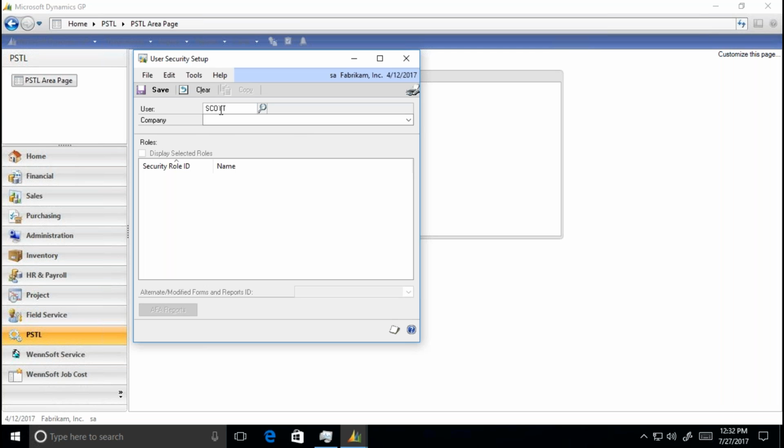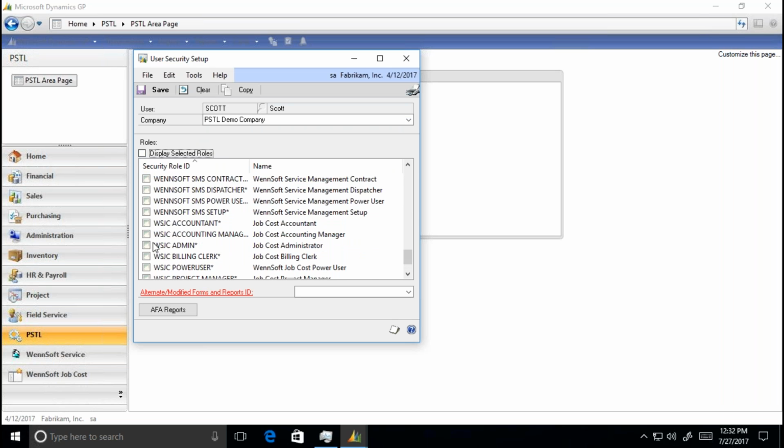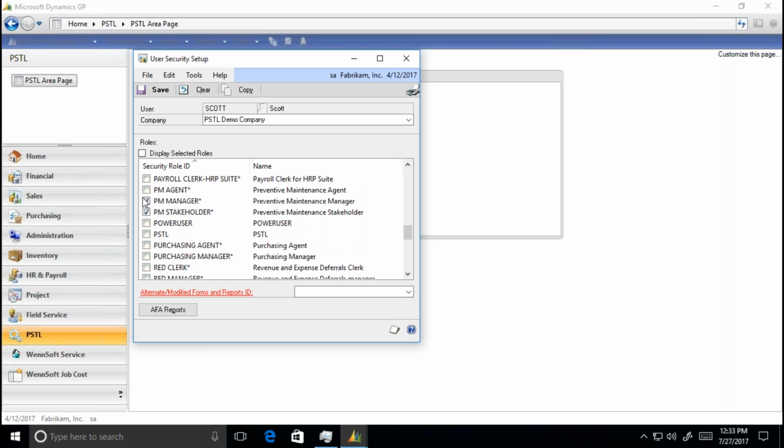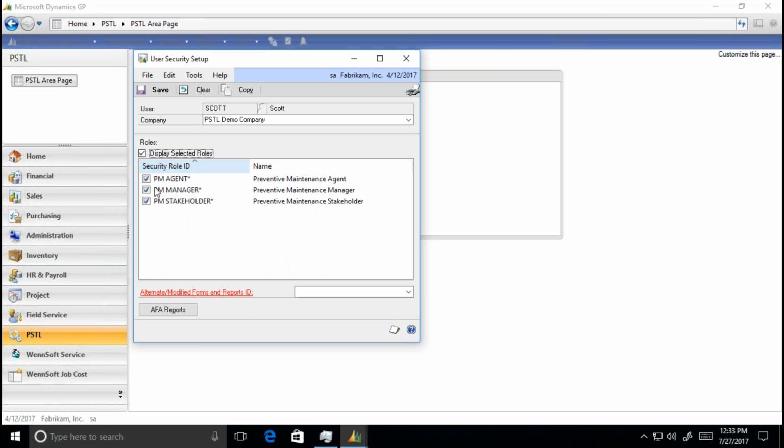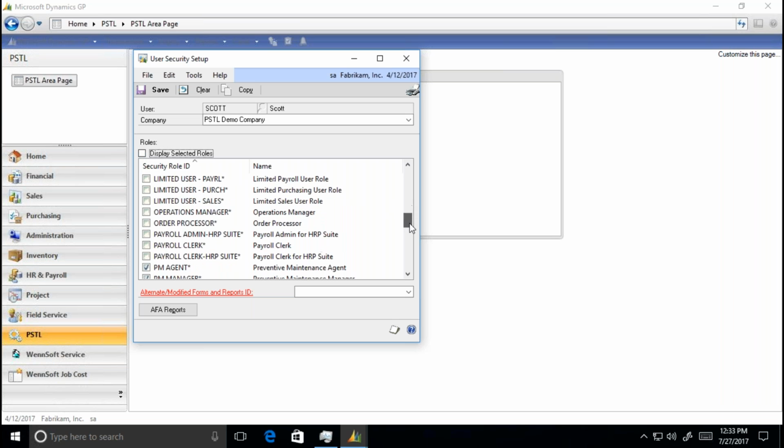This one is done by company. So we're going to go to, like, this one doesn't have anything here, so I can come in here. If you want to see what they already have, like say it didn't copy over, or you just want to see, you can just come in and display selected fields, and that'll show you what they have on other companies. So if you forgot to do that check mark, you don't have to scroll through, and these are just the defaults, your GP